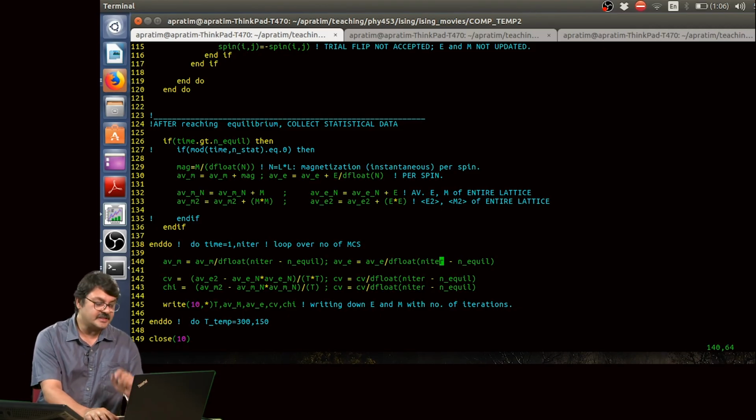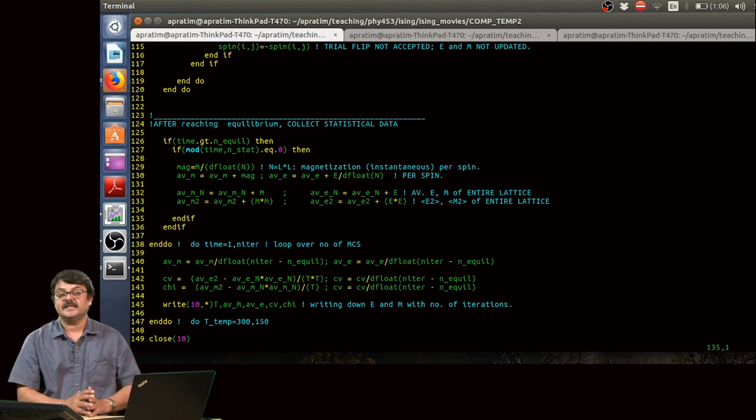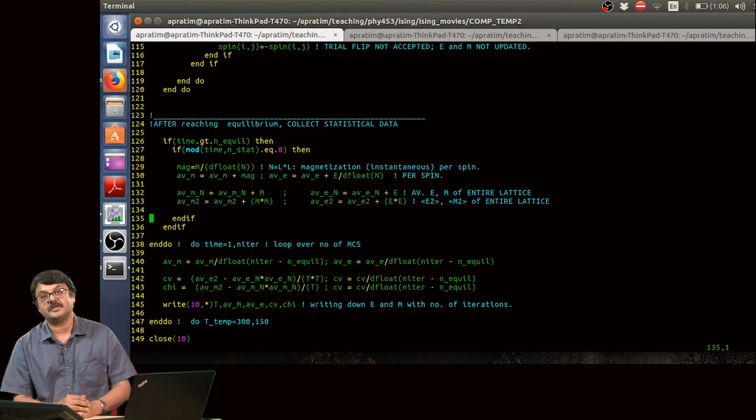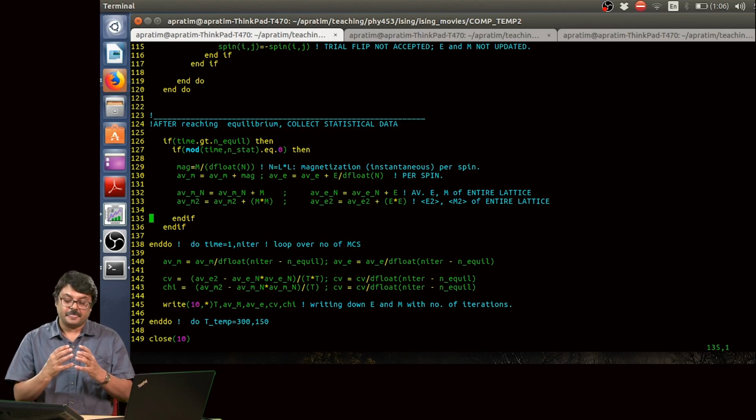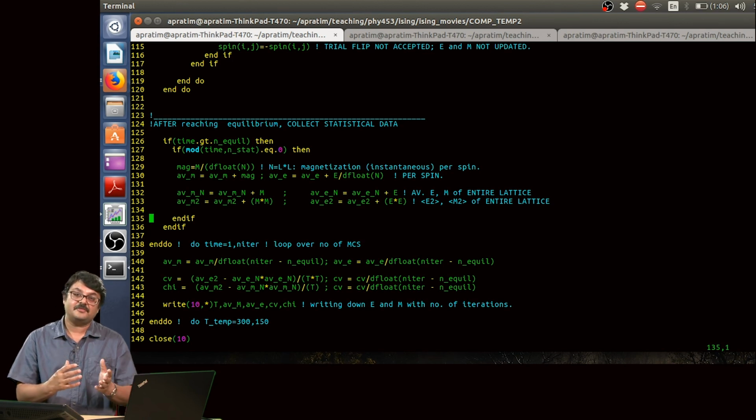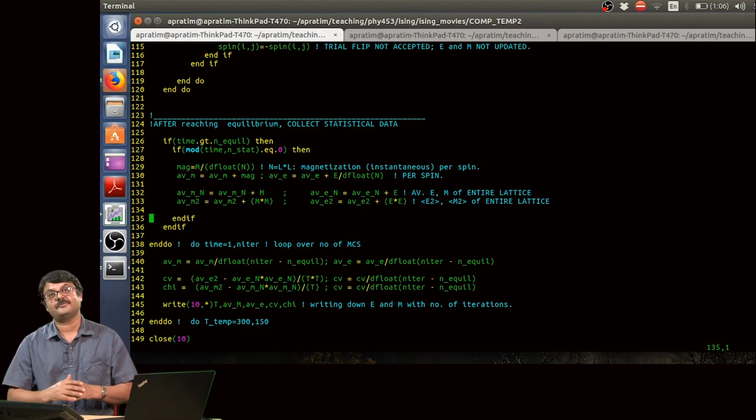The other thing, which I have implemented and commented out, is that it is often not necessary to collect statistical data to calculate thermodynamic averages at every Monte Carlo step. When you collect data, these different microstates have to be statistically independent; they have to have changed significantly.